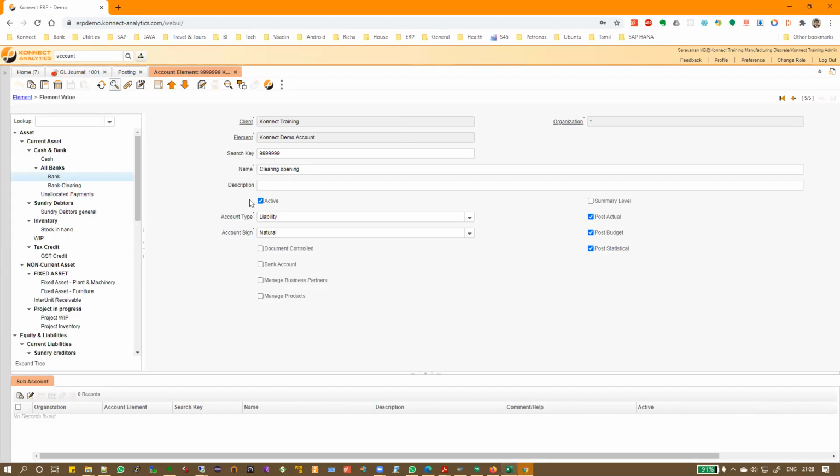We don't allow them to post anything everywhere. So we will say that certain accounts only can be adjusted. Certain accounts you can, for example stock, bank, syndicate. This you cannot adjust directly. You have to go via the window only to adjust. So only indirect postings will be allowed if document control is checked. If this is unchecked, then you can make all postings. Okay, is this clear?